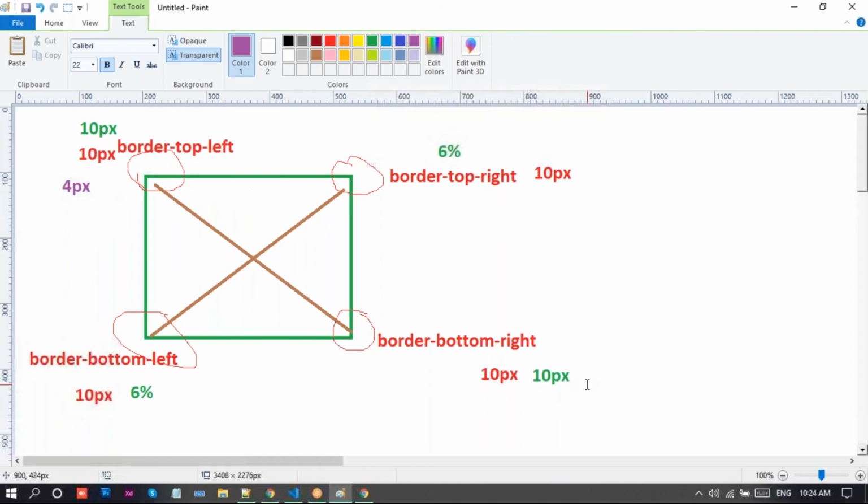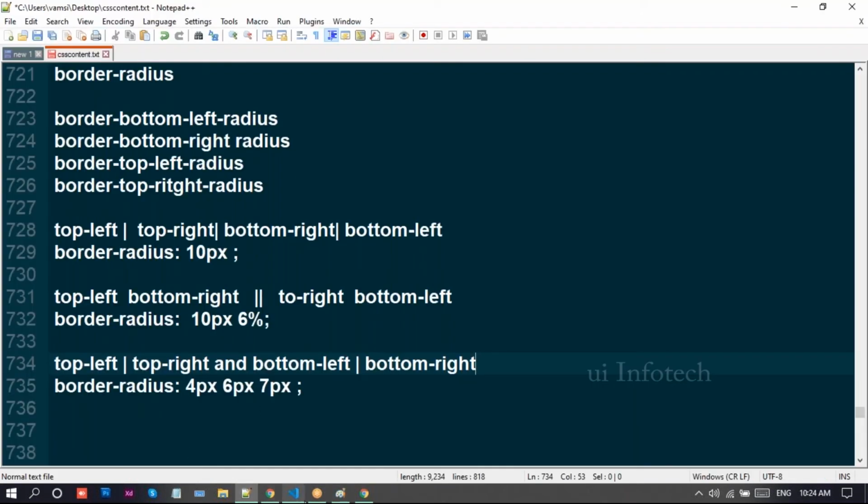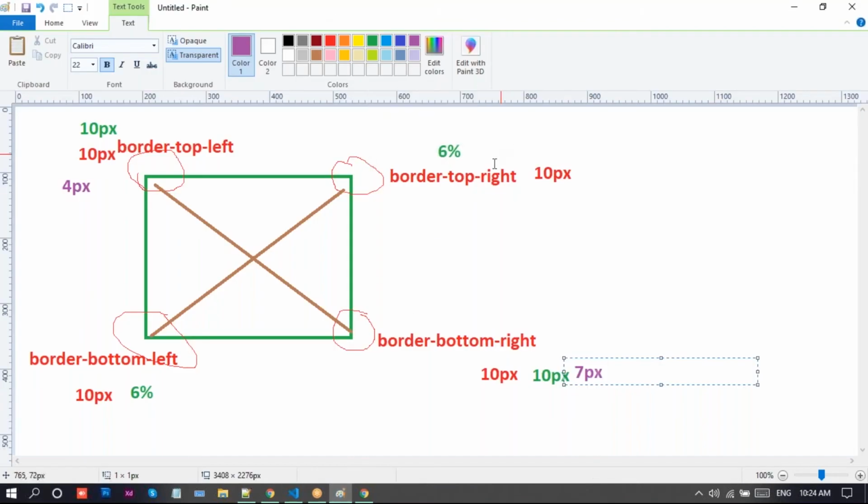Remaining values, what is the remaining value? We have 6 pixels. That comes there. So we can write this 6 pixels and 6 pixels.